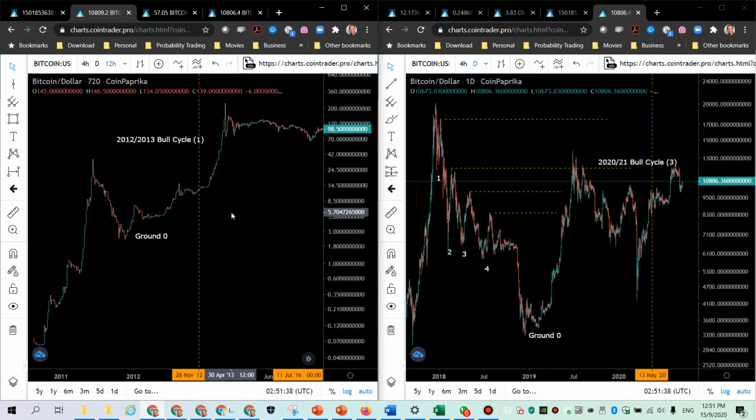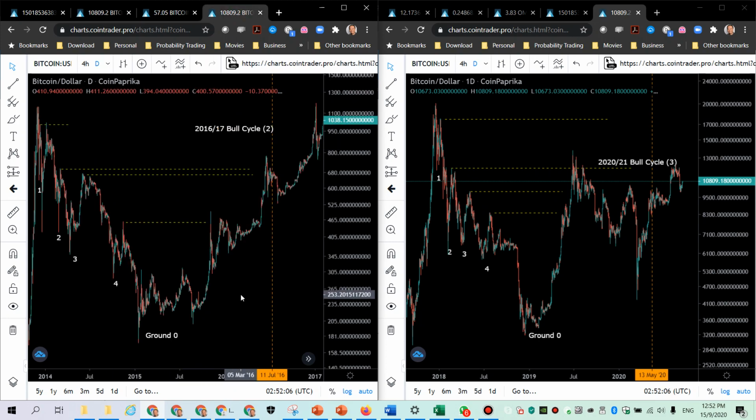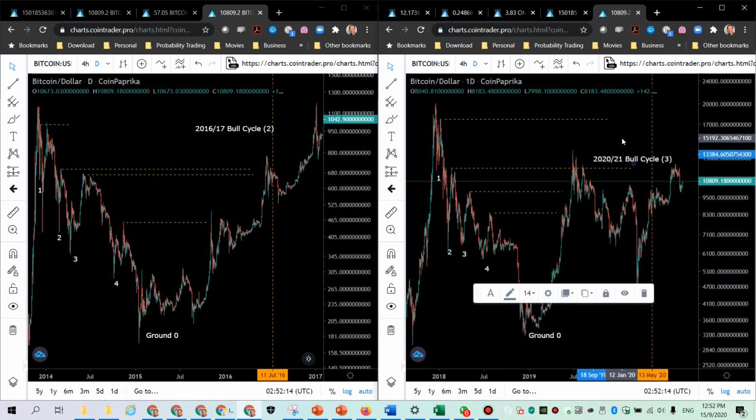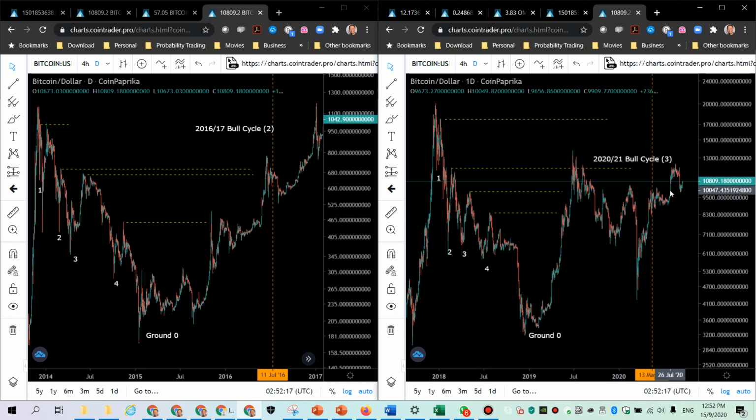What I have set up here is the first bull cycle, the first halving back in 2012. This is how it looks like. We have ground zero there, going up to this would be moonshot two. So that would be moonshot one here at about $12.50, and moonshot two was about 120. So that's the first cycle, and the second cycle is obviously back in 2016-17. I will look at it and compare it against the latest 2020-21 cycle and see where we are.